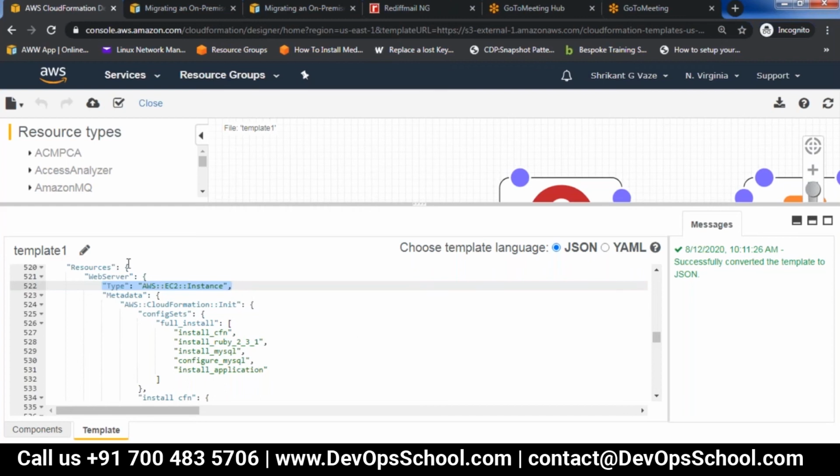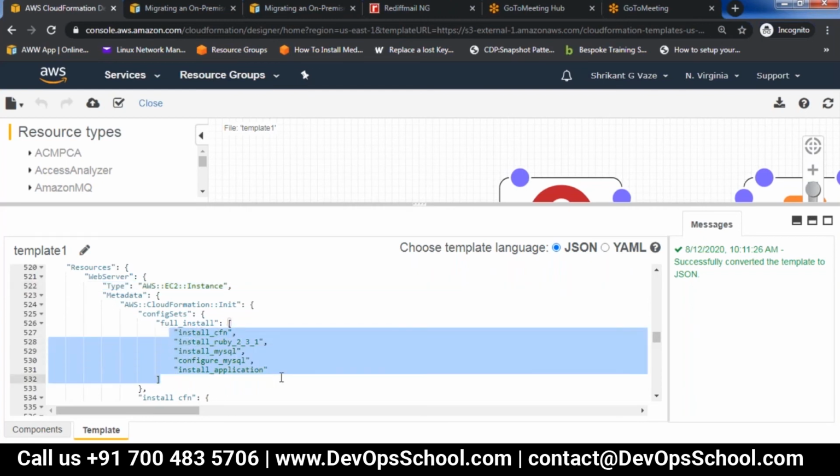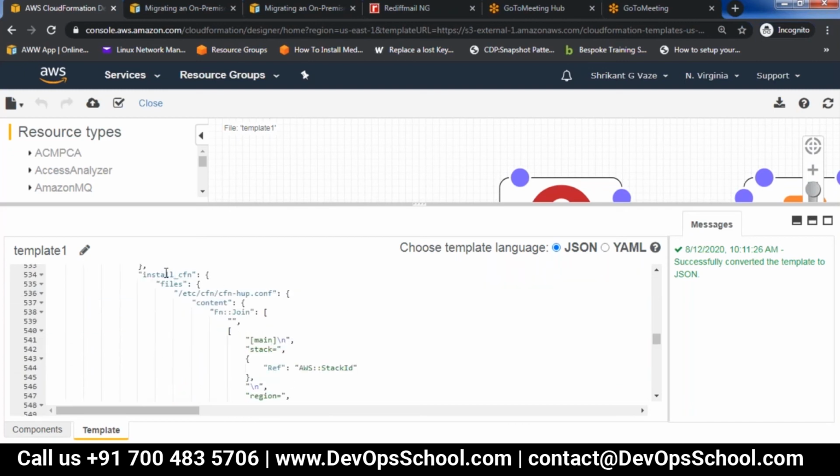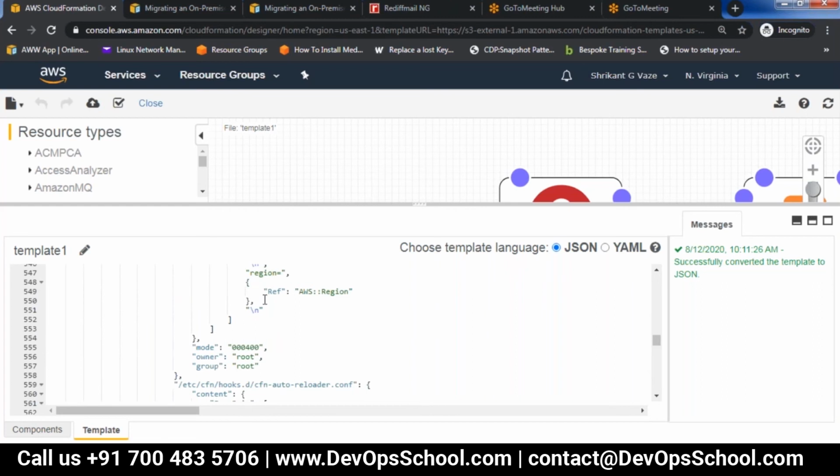The way it works, these things are predefined, so you'll have to refer to the developer guide if you want to really write a template. So Metadata, CloudFormation Init, install CFN, install Ruby, install MySQL. This is the format in which it will install the different components. Here it is mentioned install CFN, so this is the configuration file which is being edited here.